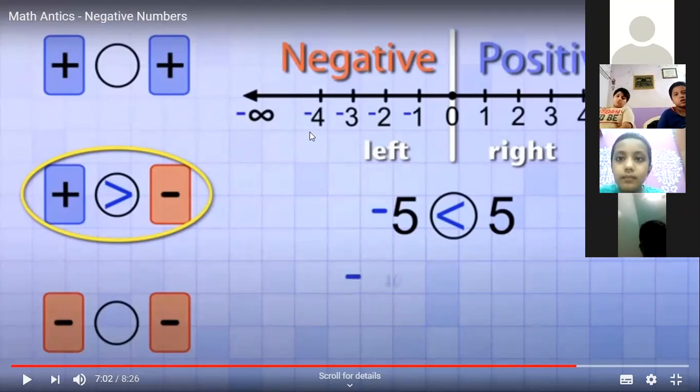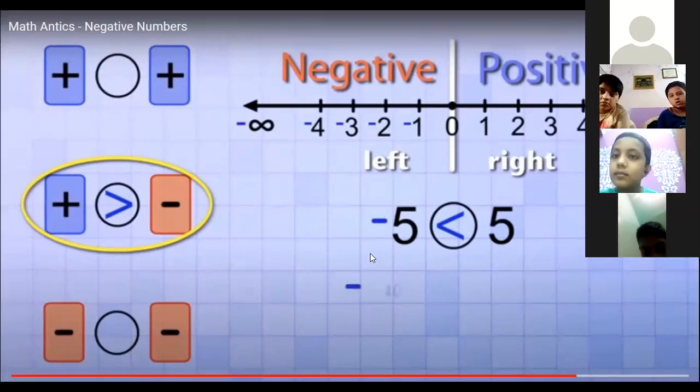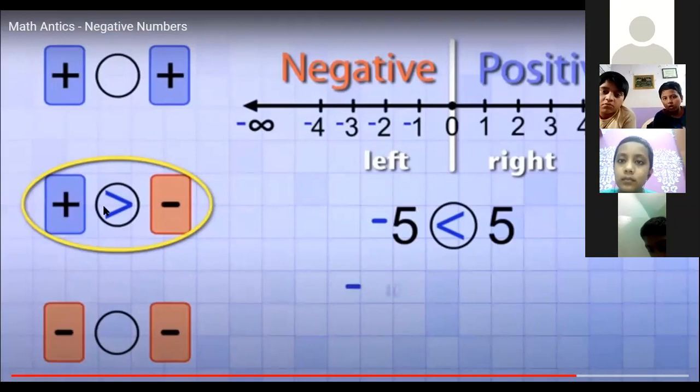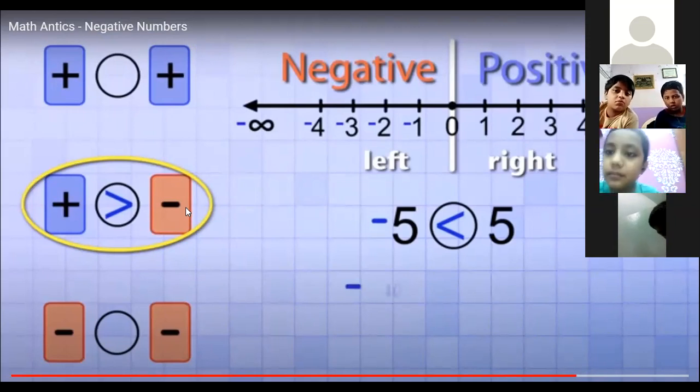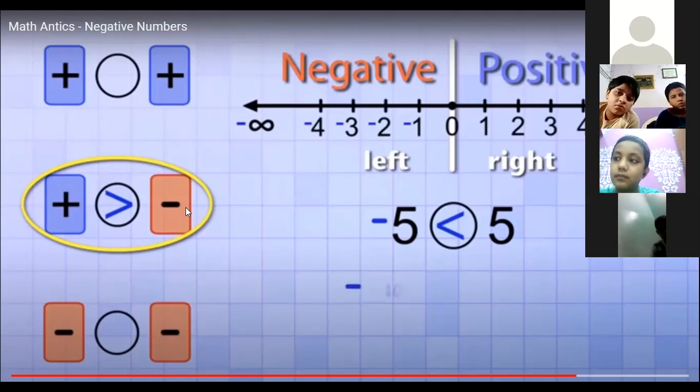Here, Amir Hassan and Zulfiqar, listen to me carefully. Here, two numbers. He is talking about the second part. That is, one positive number is given to you and one negative number is given to you. You think if you are getting two numbers, one positive and negative, then always the positive number will be greater, however small it may be. You don't bother. If you see one positive and one negative, then always the positive number will be the greater.